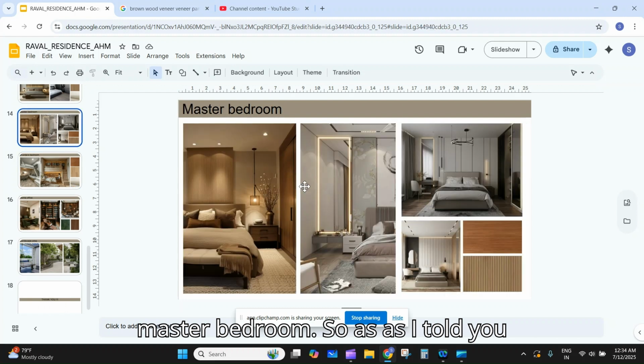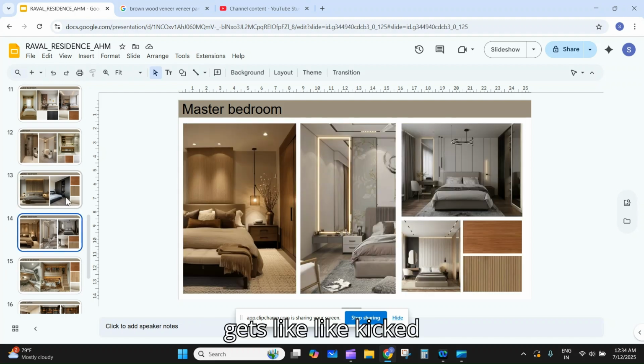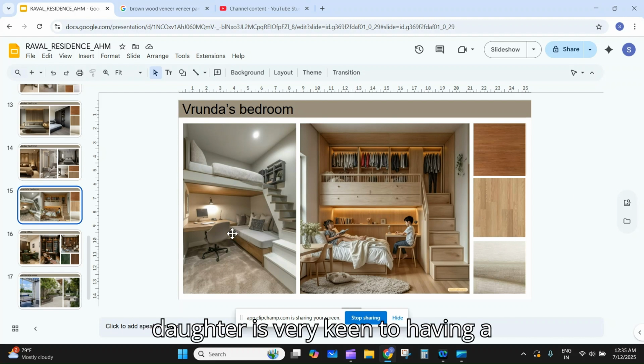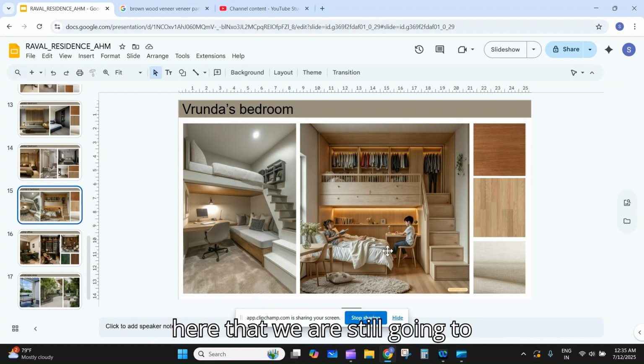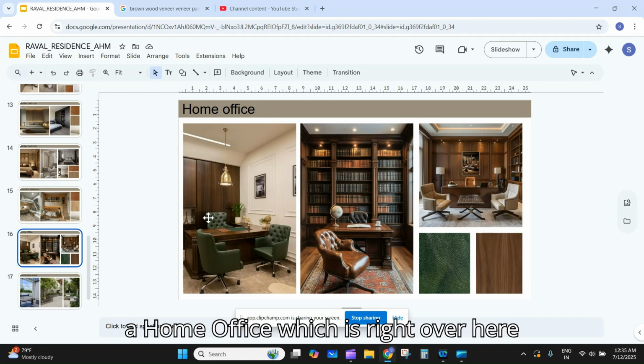So as I told you, images from here get kicked out, so it becomes easier for us also. So in the daughter's bedroom, the daughter is very keen on having a step kind of a theme, which is right over here, that we are still going to figure out based on the heights that we get from the residents. And the client is actually a lawyer, so he's also going to have a home office, which is right over here,